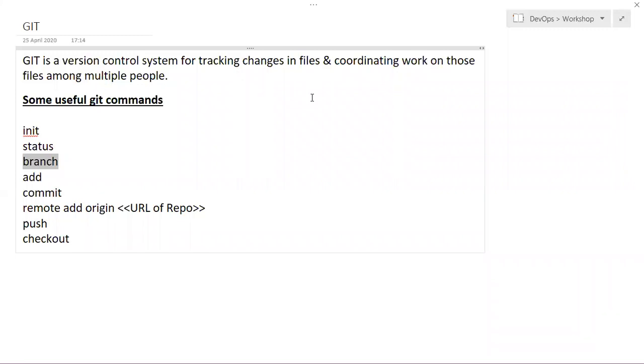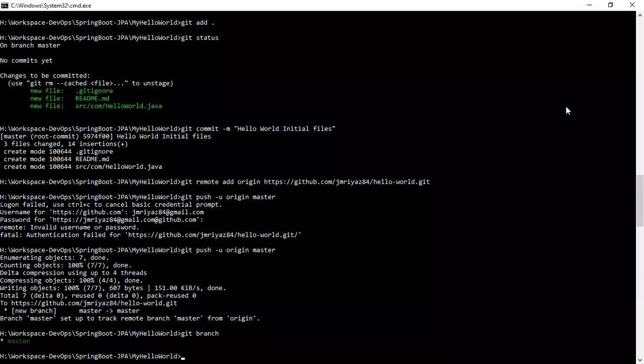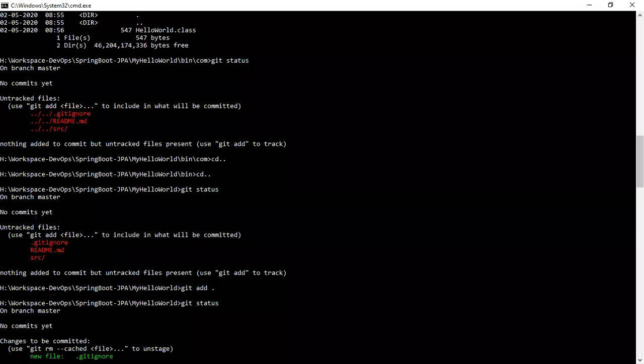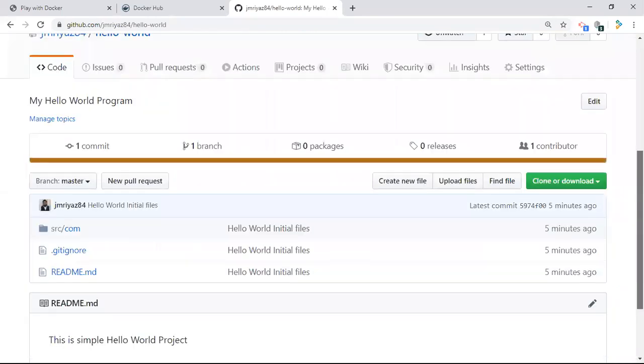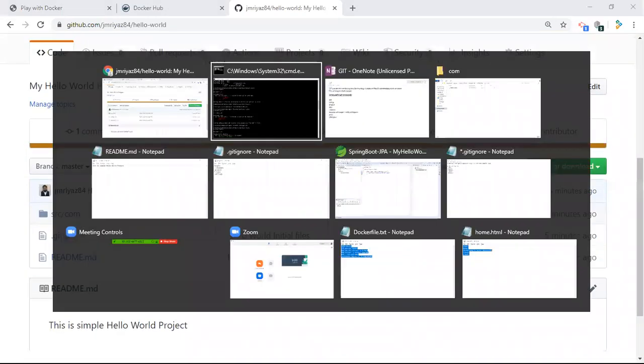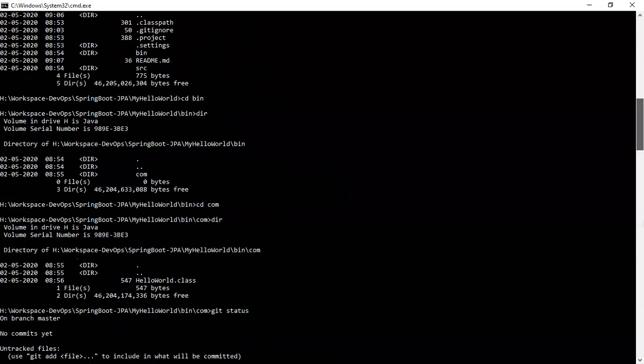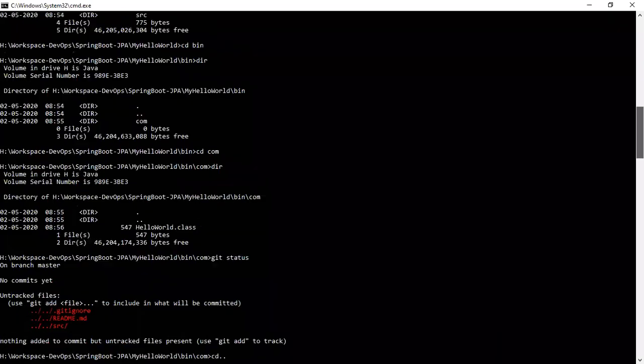Now we'll move to the next part. What we have done is create our local project in our system, then move to git. From git we create one repository, and in that repository we create one readme file. Then we come to our project and initialize using the git init command.